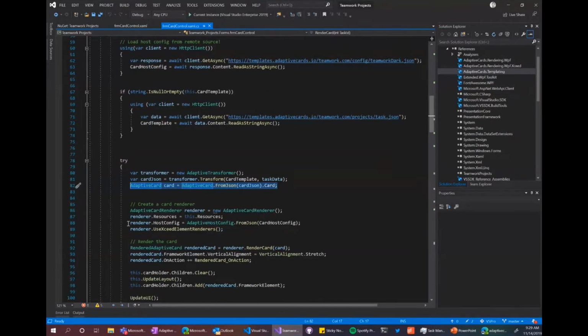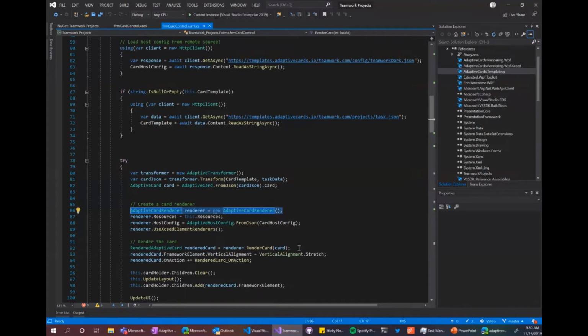In this case, because we're building an extension, we actually take that card and we render it, because Teamwork was building a Visual Studio extension. But even that, if you want to render cards in your own apps, it's as simple as installing the appropriate library. We have renderers for every major platform, iOS, Android. The community has Flutter ones, React Native. There's a renderer for whatever platform you need.